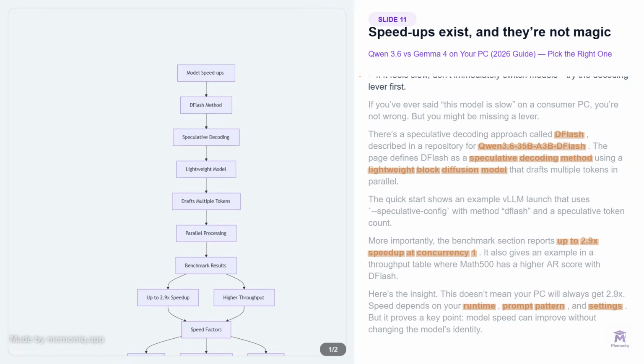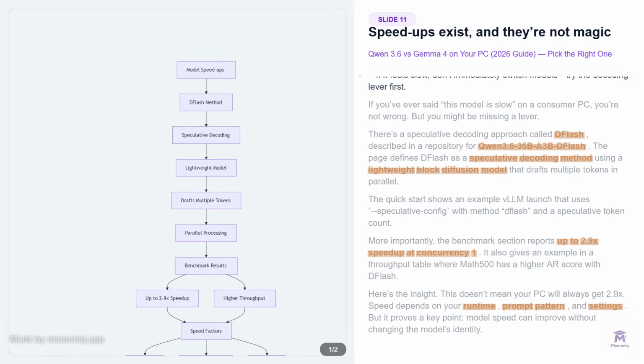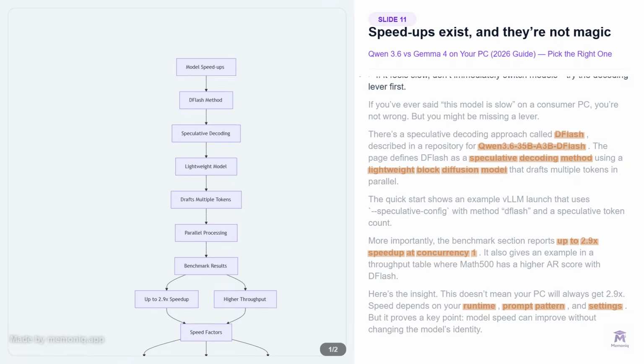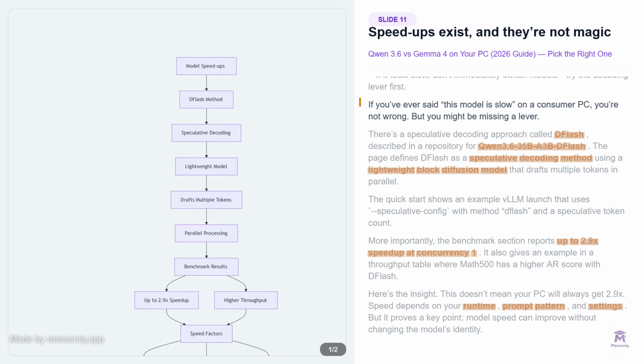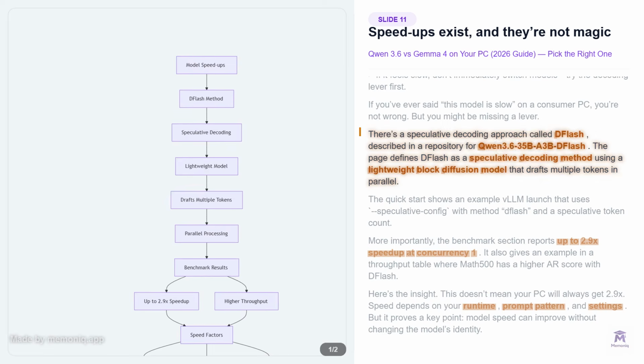If it feels slow, don't immediately switch models. Try the decoding lever first. If you've ever said this model is slow on a consumer PC, you're not wrong, but you might be missing a lever. There's a speculative decoding approach called dflash, described in a repository for Qwen